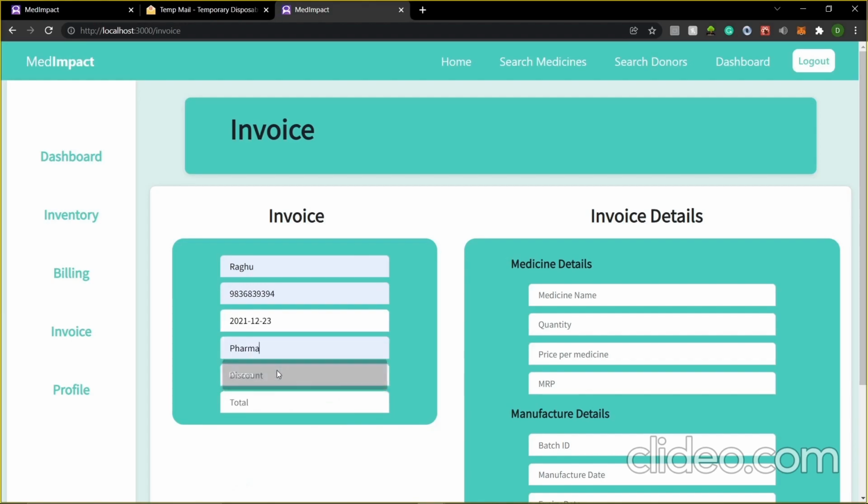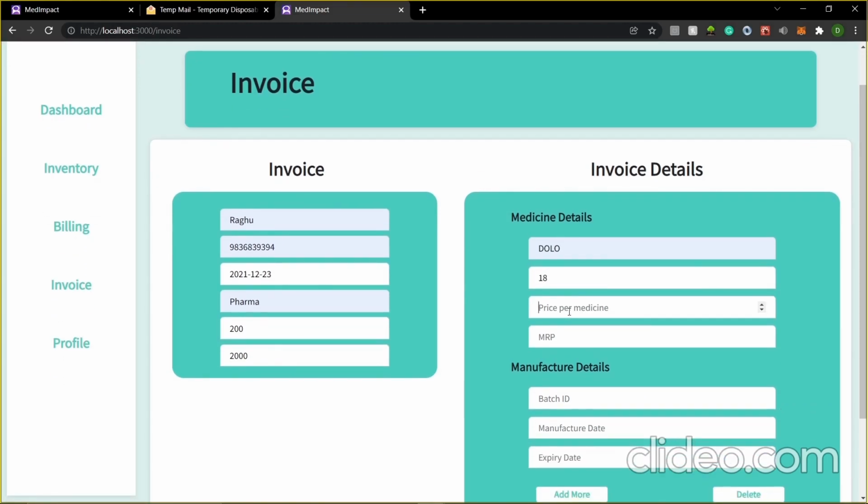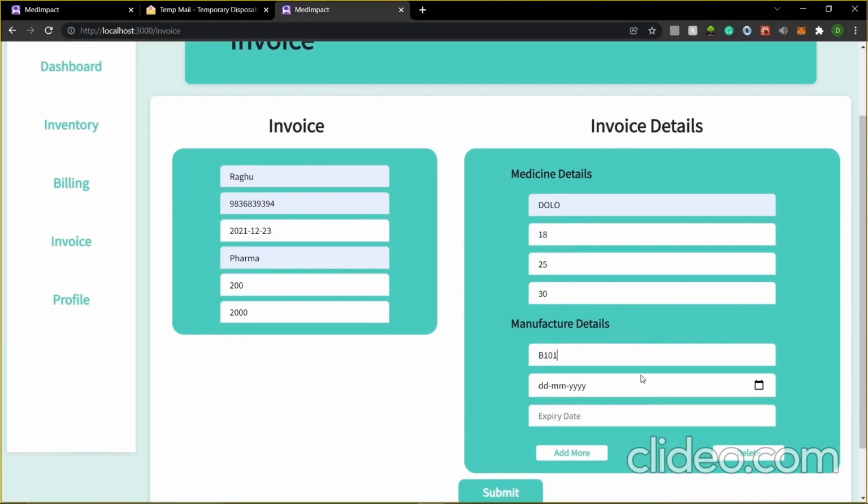And then we type the details about the medicines that the medical store is buying or adding to its ledger. That is the medicine name, the quantity, the number of units of medicines, the price per medicine, and MRP. The other manufacturer details are as follows: the batch ID, which is used to track each transaction for the medicine, then the manufacturing date of the medicine, and the expiry date for the medicine.